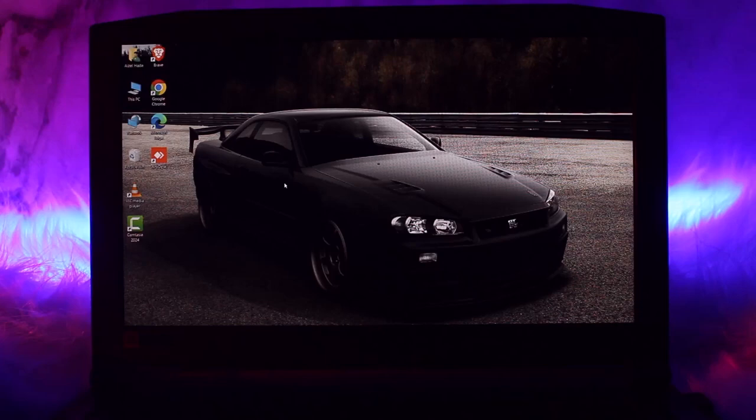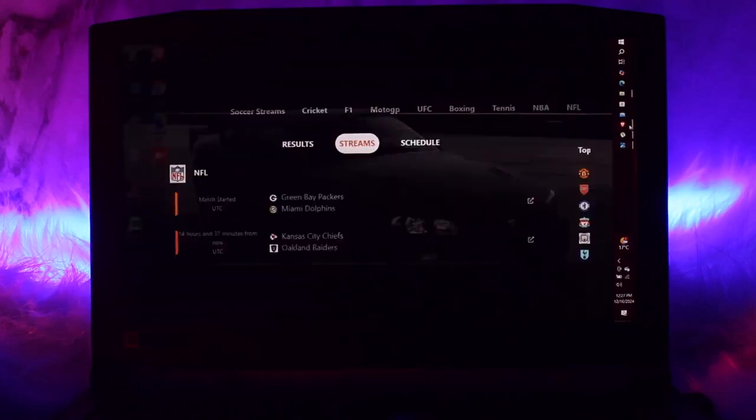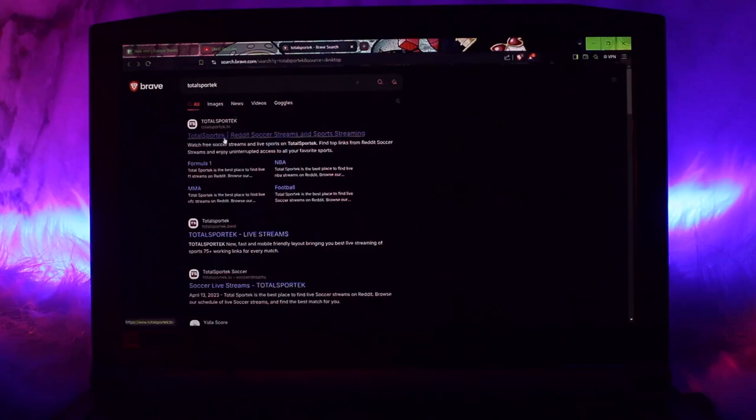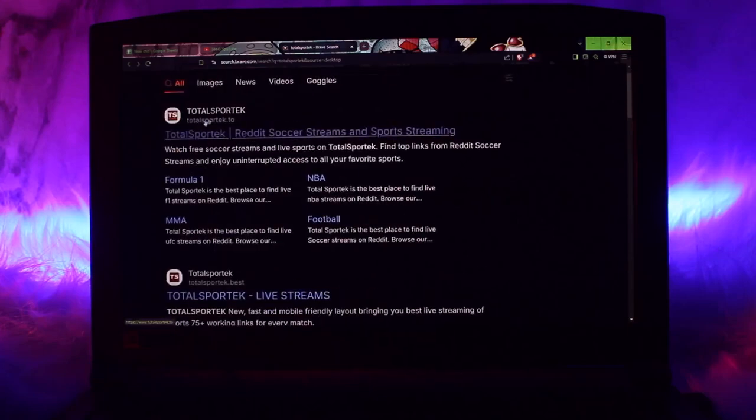So to watch NFL games without cable, there's a simple solution, that is your internet. What you need to do is head over to your browser on your laptop or on your mobile device, and then on the search bar simply type in Total Sports EK, and once you hit enter you'll be shown a bunch of options. What you need to do is tap on this link that says totalsportsek.to, and once you